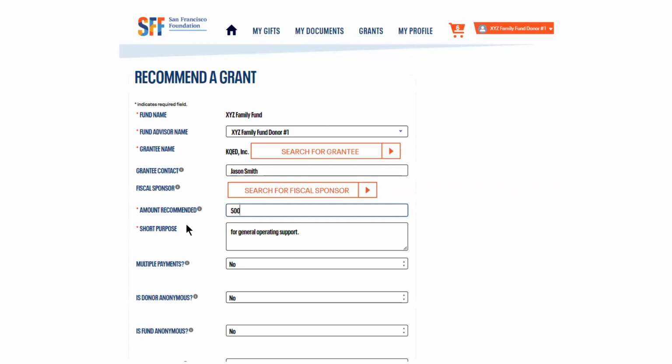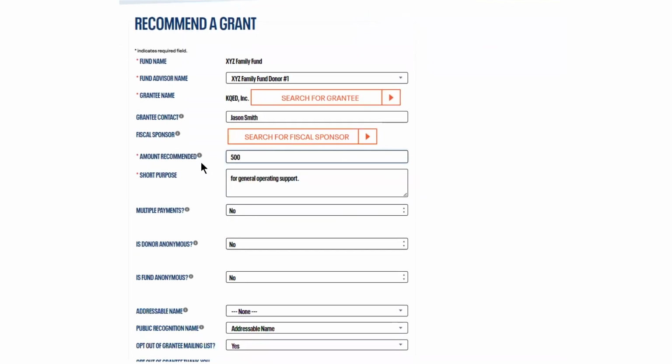There are two things to note. Our minimum grant and minimum payment amount is $250. If you intend to make a multi-year grant, for example, $250 a month for 1 year, totaling a $3,000 grant, or $10,000 per year for the next 3 years, or $30,000, you must enter the full amount in this field. This means that your fund will need to have the full total amount available the day that you submit the